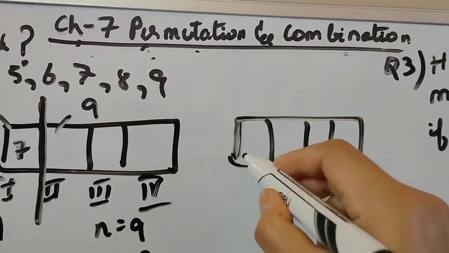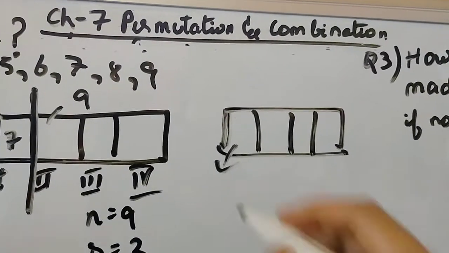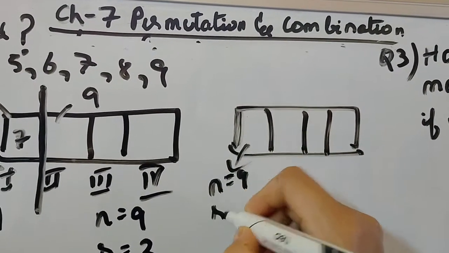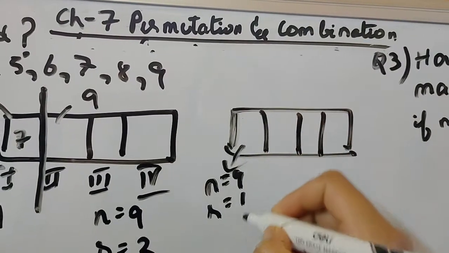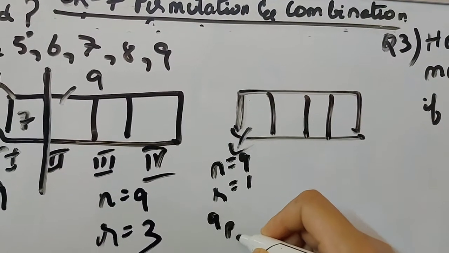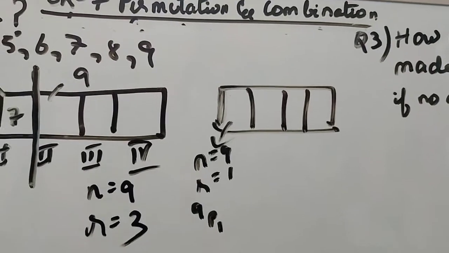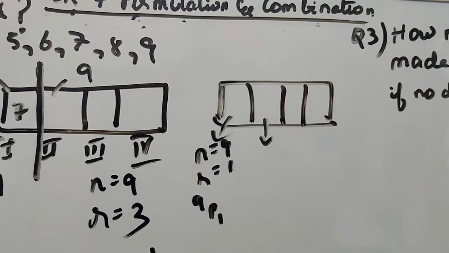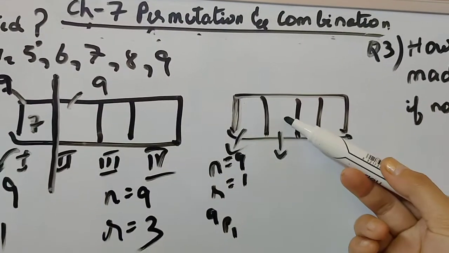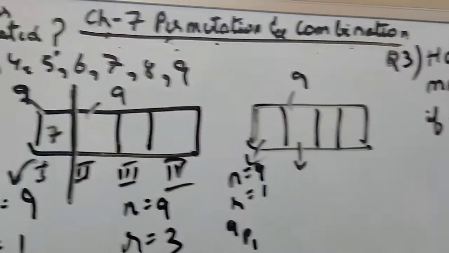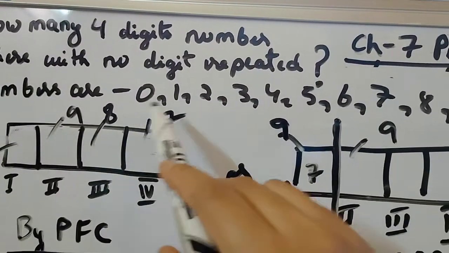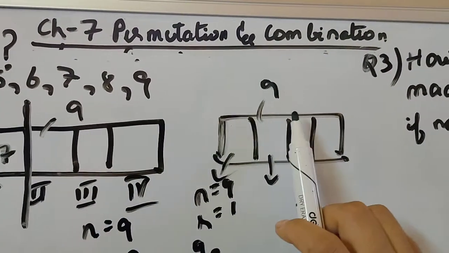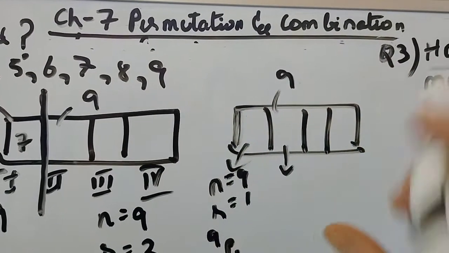Now for the first one I cannot use 0, so I will have 9 digits. So my n was 9 and my r, considering for just one box, was 1, so it was 9p1. Now again you can do it for one box also. That means in the next box also I will have 9 ways. You see here 9, 8, 7. 9 ways for this box, and if you want to consider for only one box, then for here it